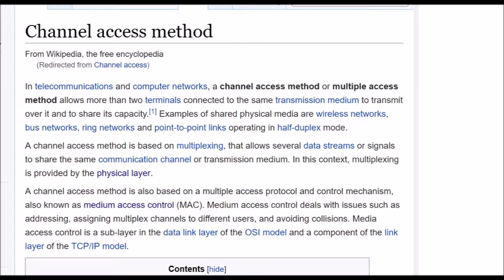The link spectral efficiency of a digital communication system is measured in bits per second or hertz, or less frequently but unambiguously in bits per second and hertz. I guess there's different units of measurement that almost seem like the same thing. It is the net bit rate, useful information rate, excluding error correcting codes, or maximum throughput divided by the bandwidth in hertz of a communication channel or a data link.